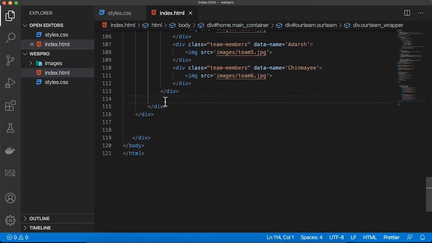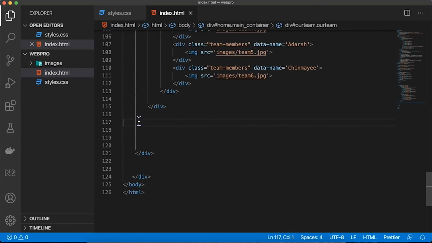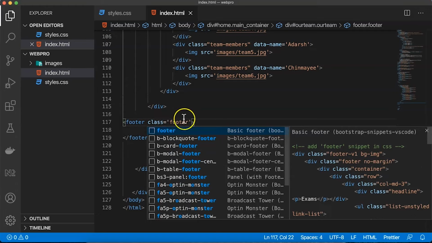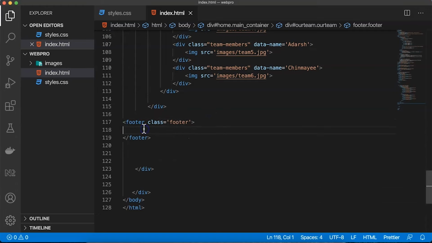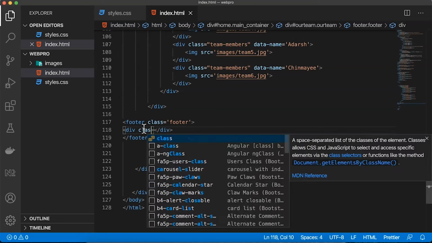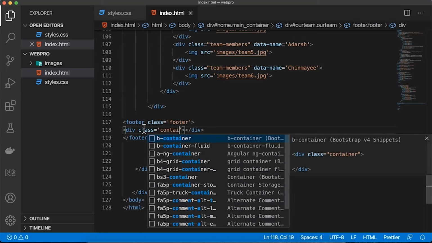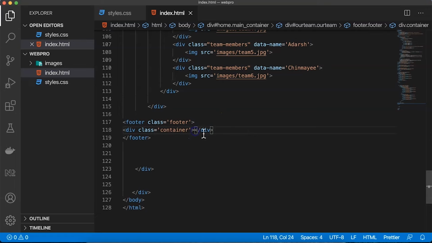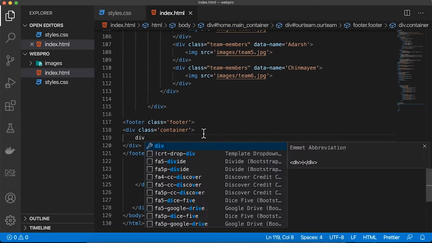Once this portion is over, we want to go ahead. So three div tags are getting closed, 1, 2, and 3. And here we would like to start working with a footer. So here we start footer. Within this footer, I say class equal to footer. Now after this, I use div class equal to container, and again div